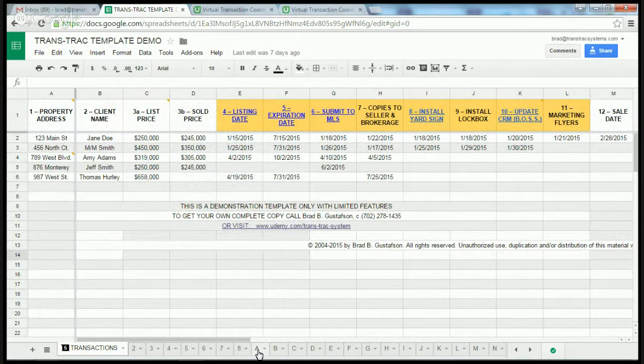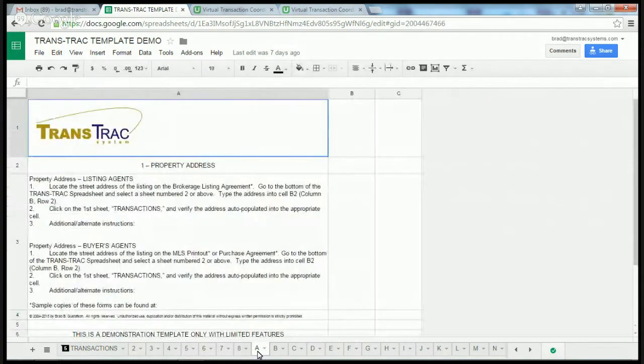Column A is the property address. So if you hire an assistant, if you click on tab A, this gives you all the instructions on how to complete the property address field on the main spreadsheet. You know, if it's a listing agent, you find the address on the listing agreement. If it's a sale, you find the address on the MLS printout or the purchase agreement. So each of those steps,